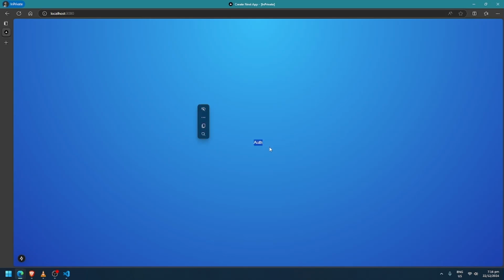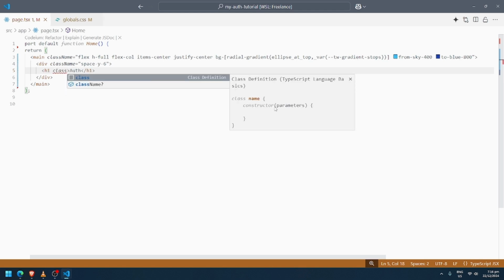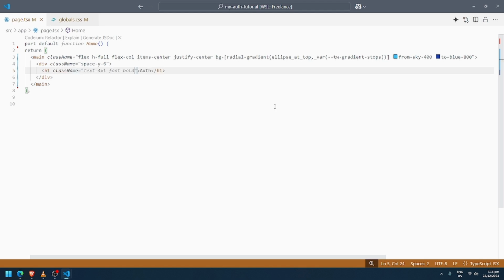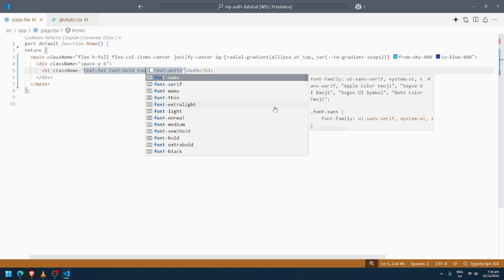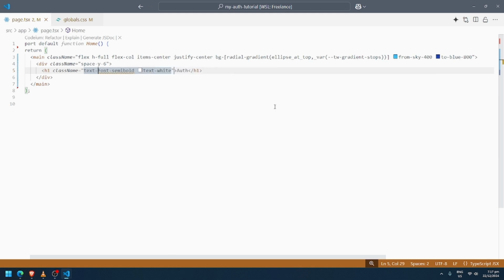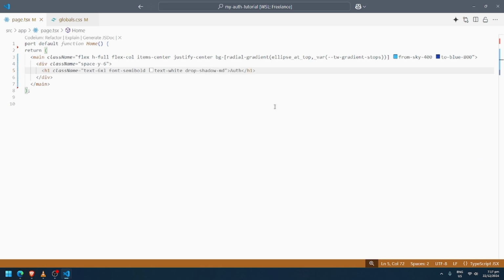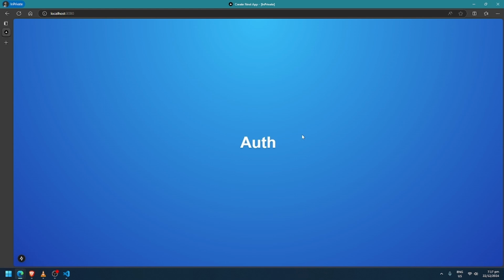And here in the browser we can see the out. And let's have this a class of font bold, text white. I think there is font semi bold, and let's make that 6XL and drop shadow. Let's choose this MD. Okay, here's looking good in our browser, the out.